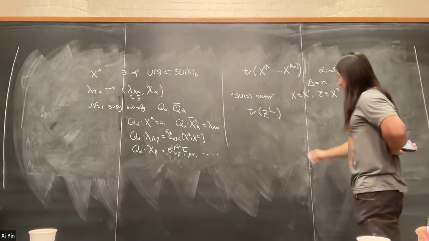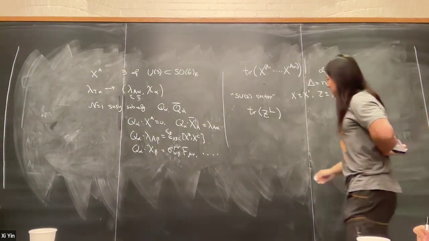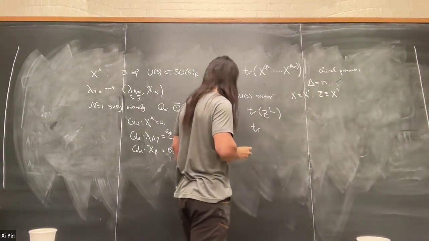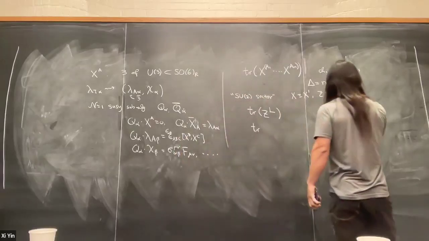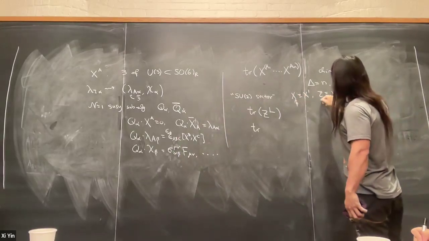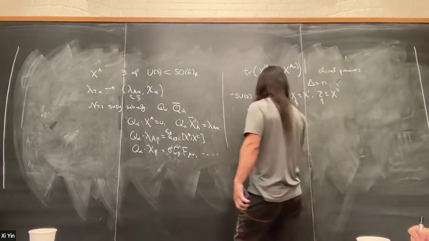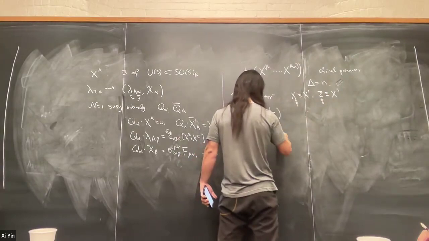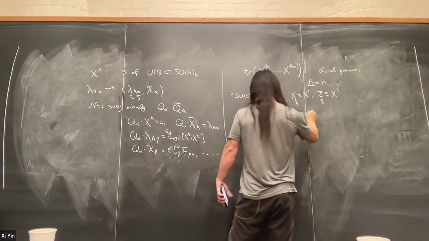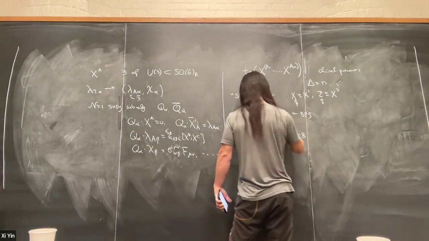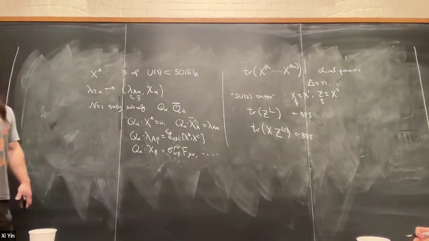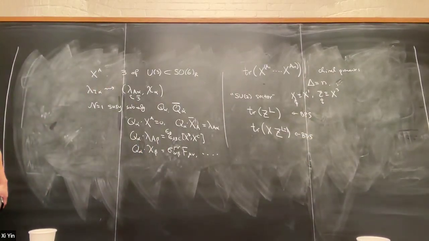So that's very simple. And now we're going to start adding, or let's say replacing one of the Z with X. So the idea is that you're going to think of the Z as a spin down and X as a spin up. All right, so we're going to have the spin chain picture. Let's add one. So this one is BPS. Well, the second one is also BPS, remember this. The second one is also BPS because it's automatically symmetrized because of the cyclicity of the trace.